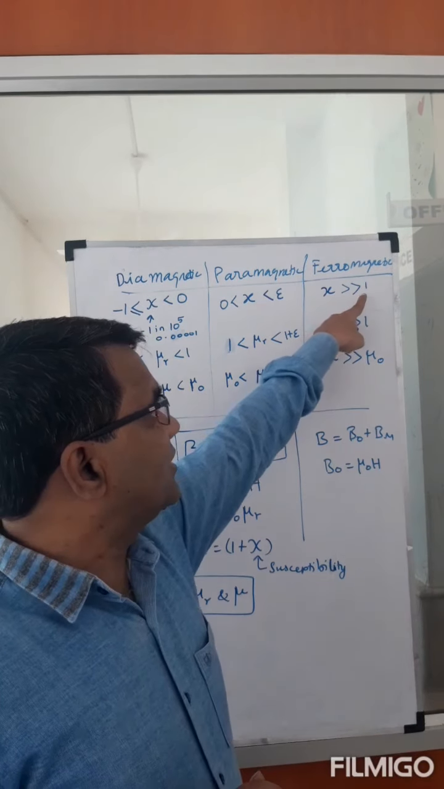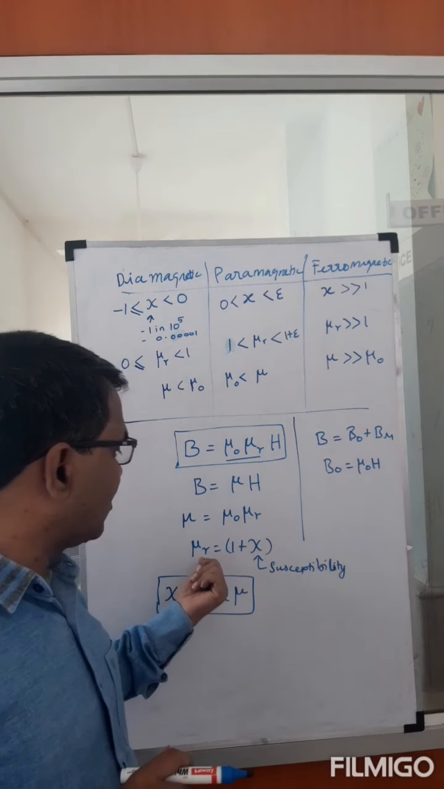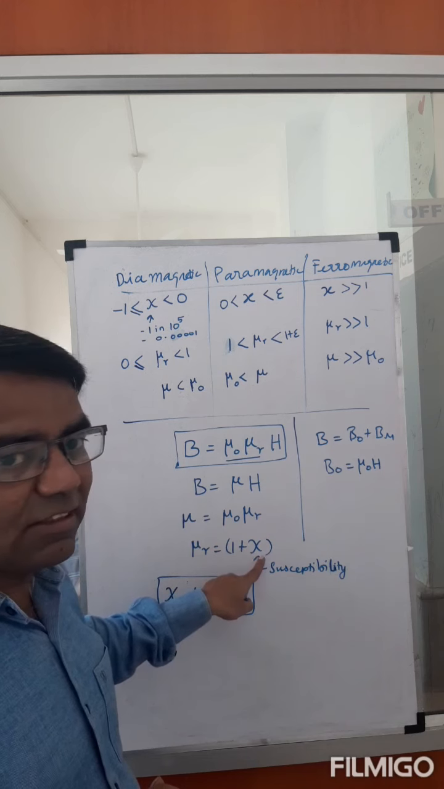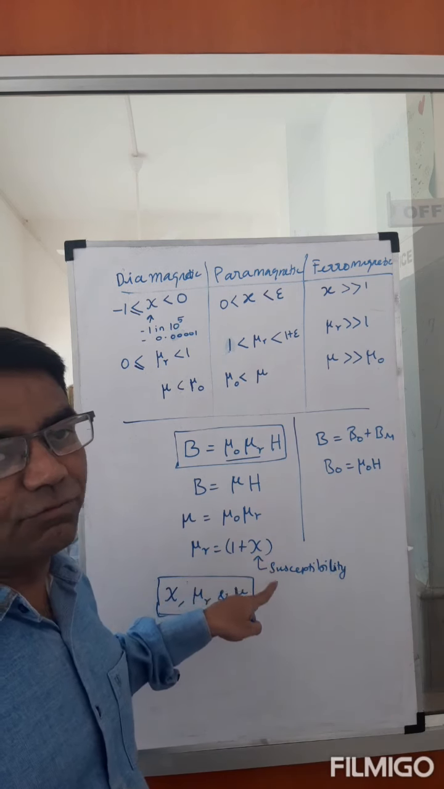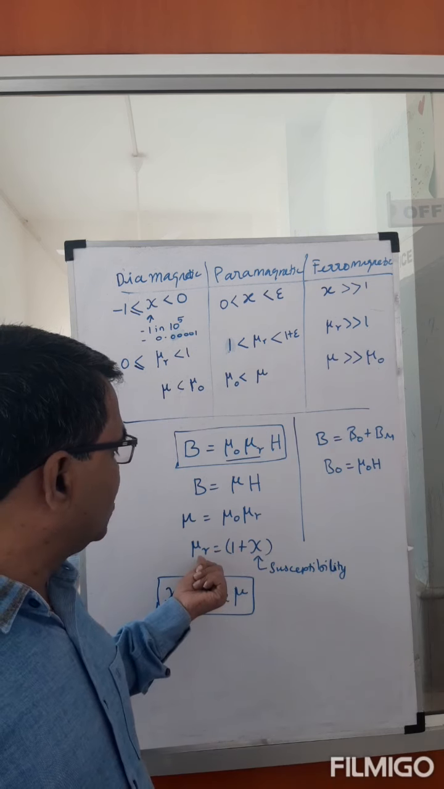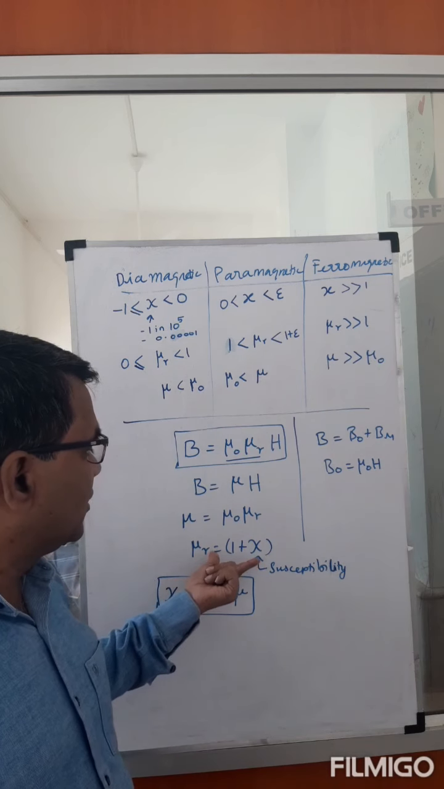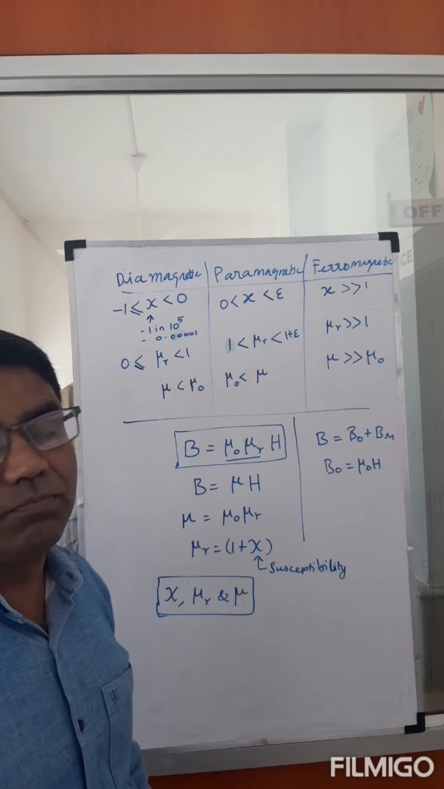So if this is much greater than 1, then mu r is going to be much greater than 1. In fact, mu r is almost equal to the susceptibility. I can ignore 1 because this is much greater. This could be 900 or 800, 400, 600. So I can easily ignore this 1. So mu r, the relative permeability in the case of ferromagnetic materials, will be approximately equal to the magnetic susceptibility,